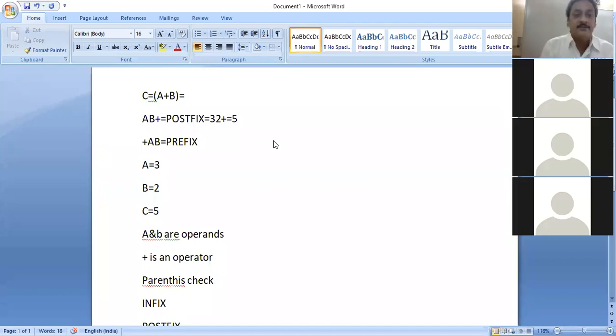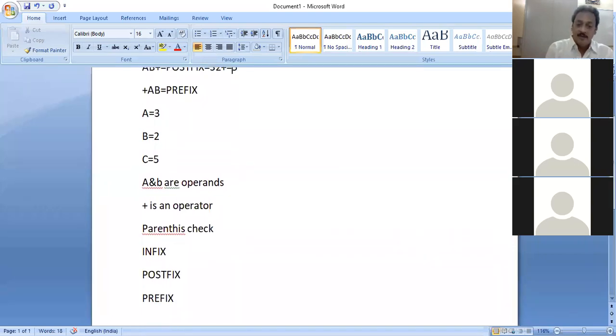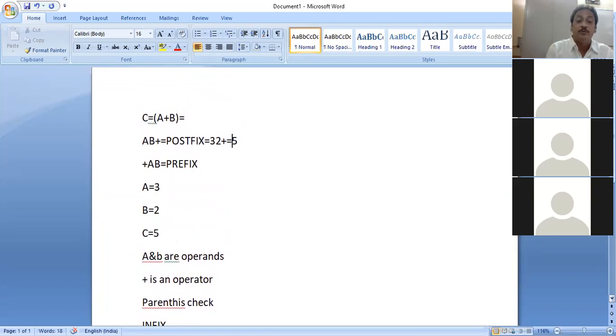We are supposed to perform a good number of operations on stacks. What kind of arithmetic operations are we going to apply on the computer system to find the value of some arithmetic expression? We are supposed to use stacks only. What operations are we going to perform using stacks? Infix, postfix and prefix arithmetic operations, and the system, the stack data structure, is supposed to convert them. Who converts this infix expression to postfix? Your stack converts.